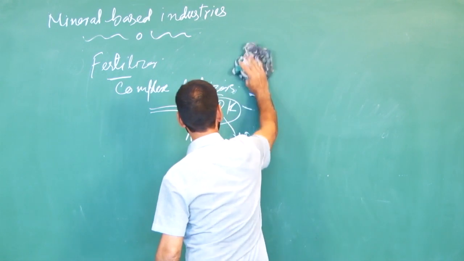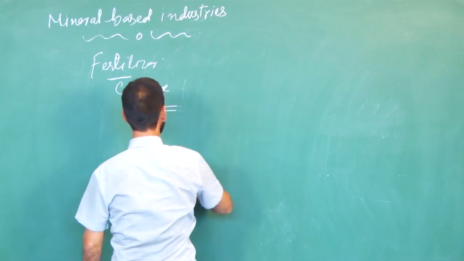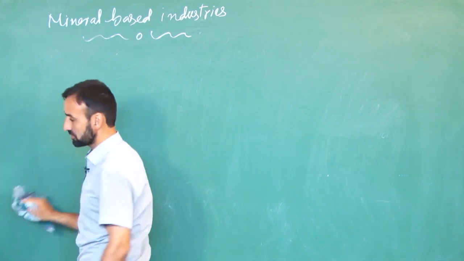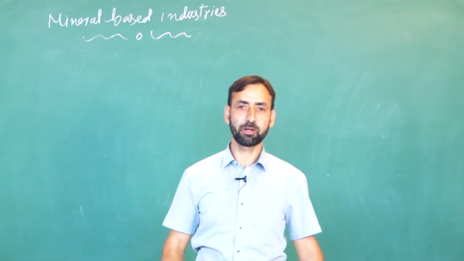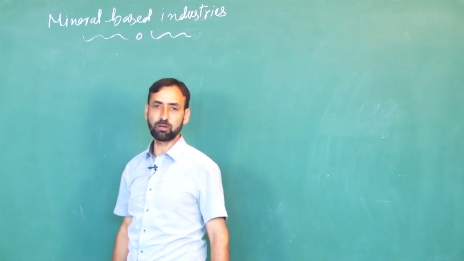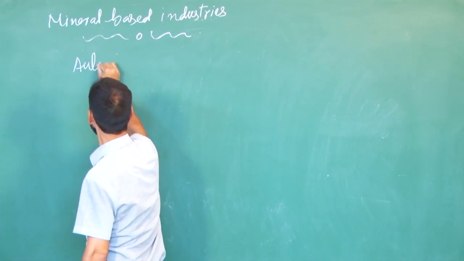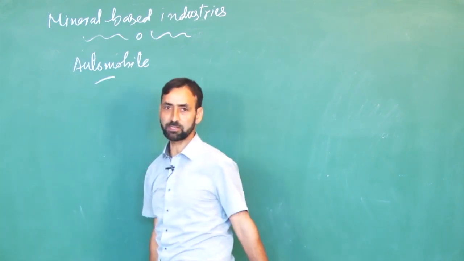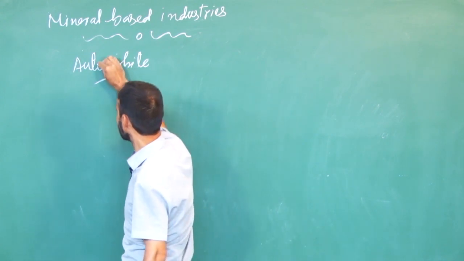In this way, another is the automobile industry. The automobile industry is also a growing industry because the lifelines of the nation depend on it. Transport is most important. In ancient times, the concept of transport was not there because people were traveling from one place to another by foot. This is the industry which has grown up within 15 years. This industry provides two-wheelers, three-wheelers, and big vehicles like trucks and buses.